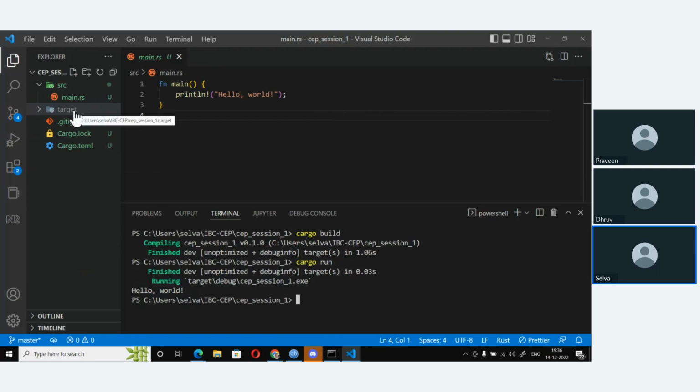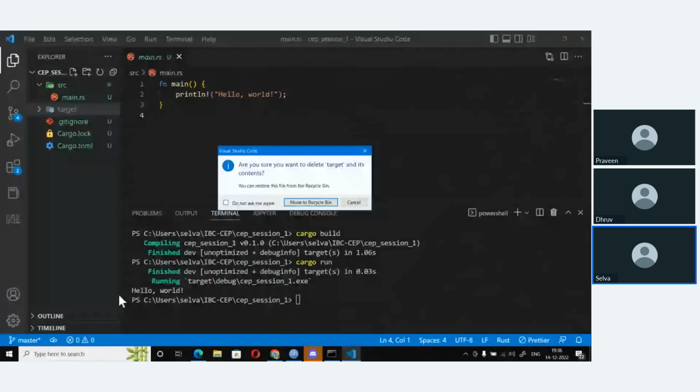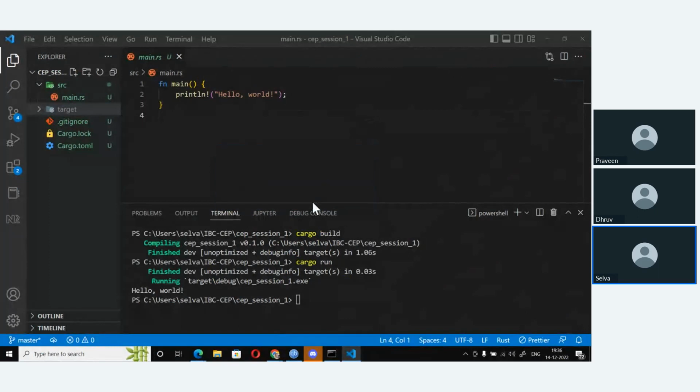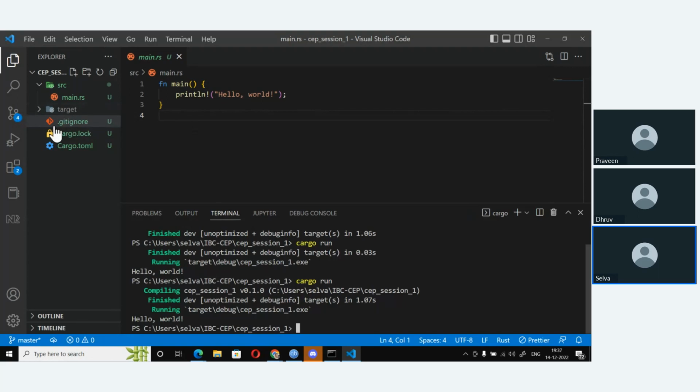Of course, there is also a shortcut. What I can do is I can delete this target folder. Okay, so the target folder is no longer there. And now, if I do cargo build, again it will be created. However, the shortcut is that you can actually do a cargo run directly. So with cargo run directly, automatically it says, hey, no build has happened. So first it will compile it, finishing the debug, and then it will start